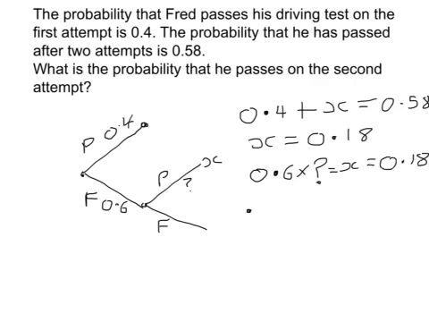So therefore, we can say the probability of the question mark, the probability of going down this branch here, has to be 0.3. So the probability that he passes it on his second attempt is 0.3, and that's our final answer. So in actual fact, if he fails the first time, he's less likely to pass the second time than he would do the first time. Practice nerves or whatever, who knows. But that's conditional